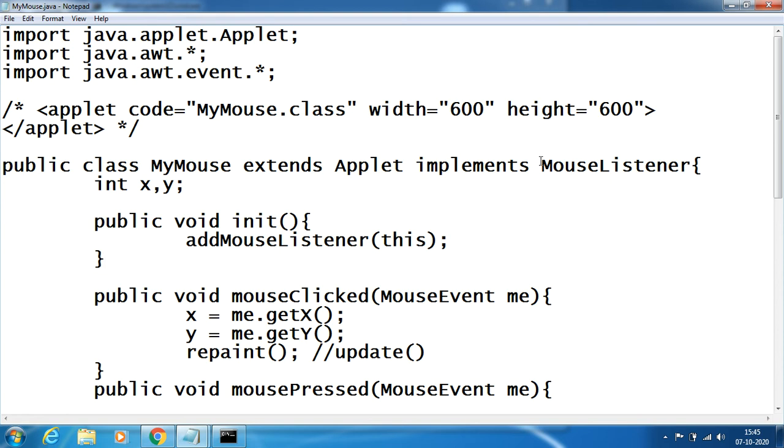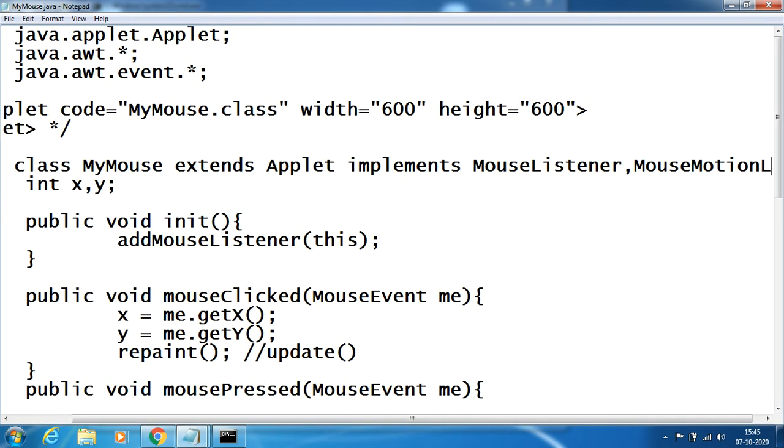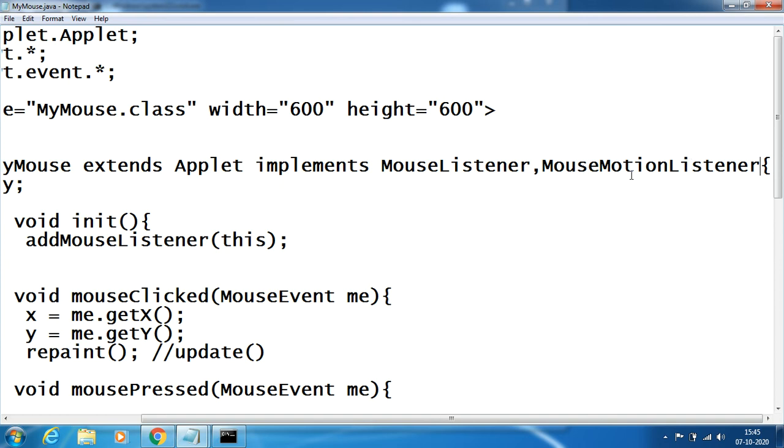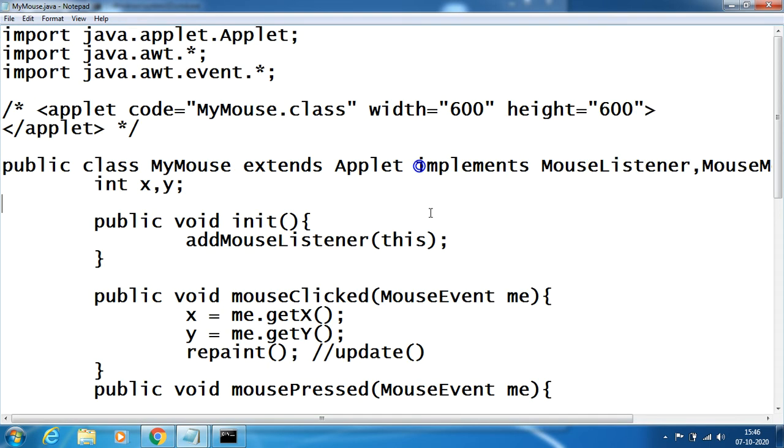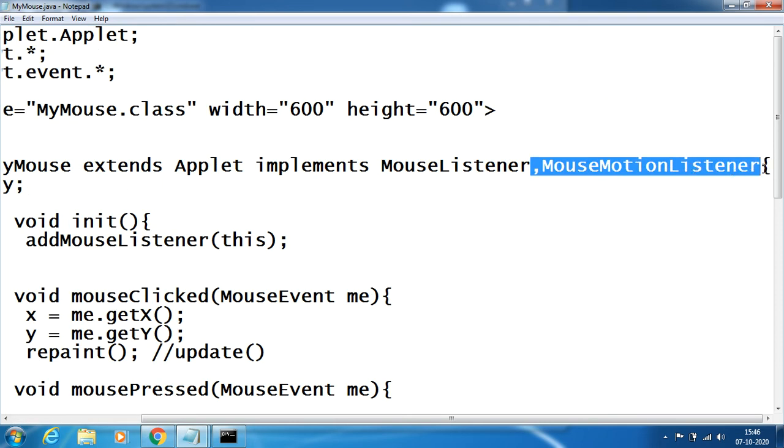The same can be changed as, instead of mouse listener, I can write mouse motion listener. Mouse motion listener has a few more interfaces and methods. Apart from mouse clicked, I may have motion. Mouse motion is nothing but the movement of the mouse. When I say mouse listener, the mouse will not have movement. When I say mouse motion listener, it will have some movement.